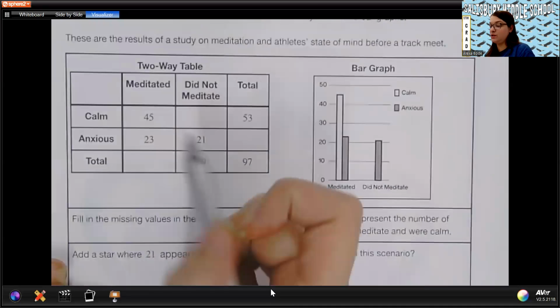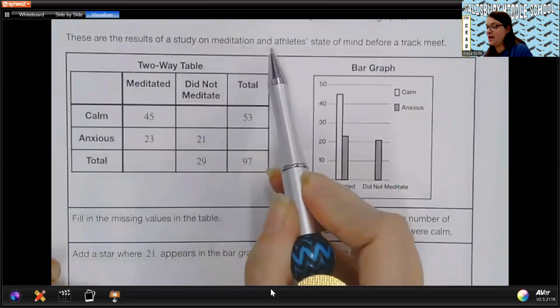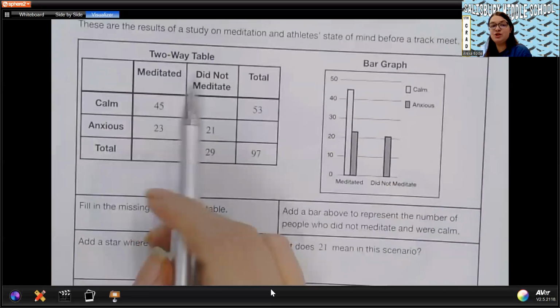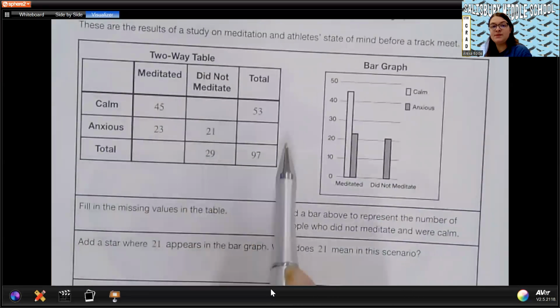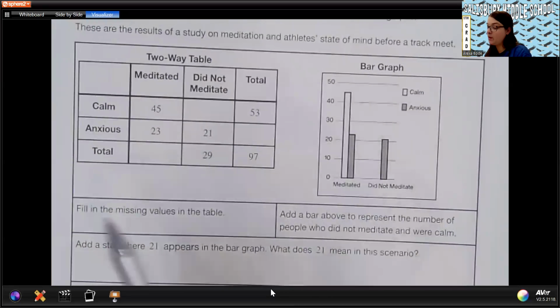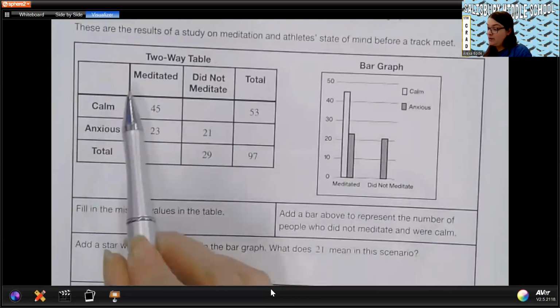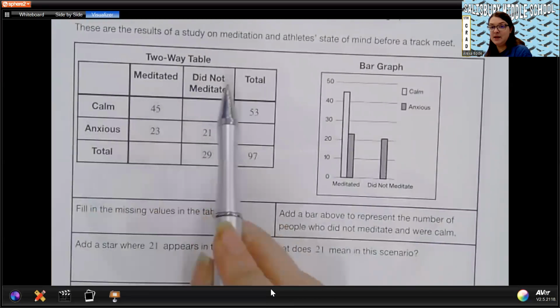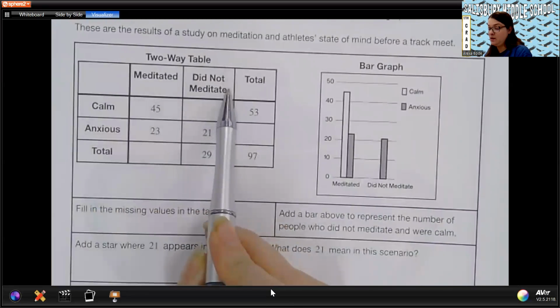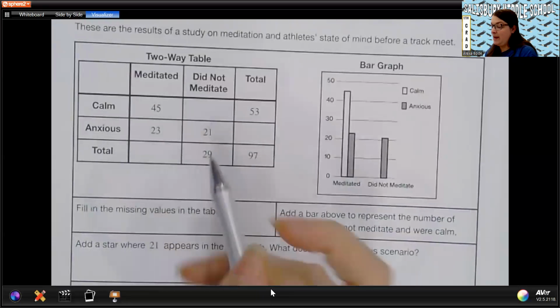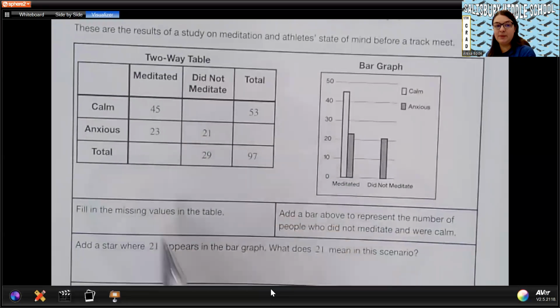So these are the results of a study on meditation and athlete's state of mind before a track meet. So here we have a two-way table with some information missing and a bar graph with some information missing. So notice that we have on one way of this table meditated and did not meditate. And then the other way of the table, there's calm and anxious. And then we have our total number of people